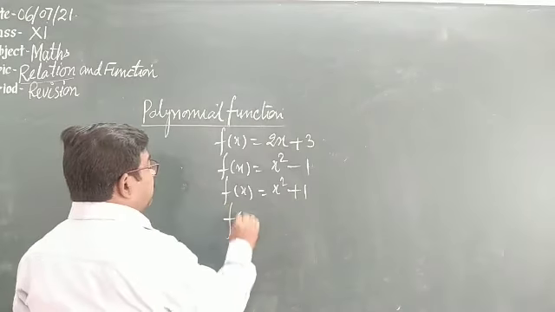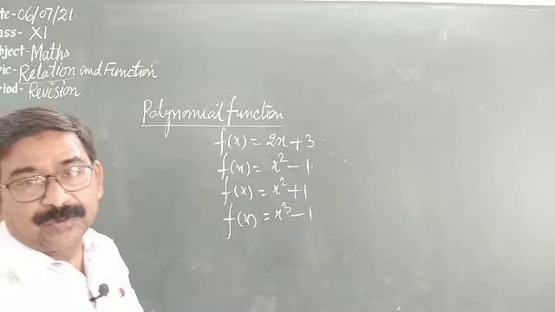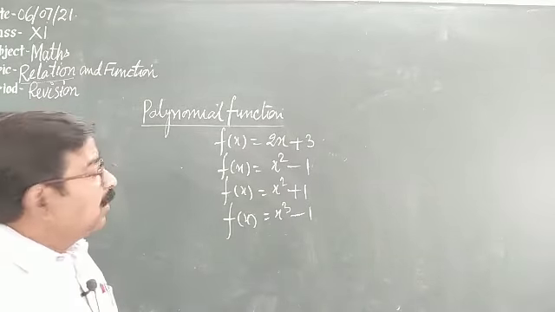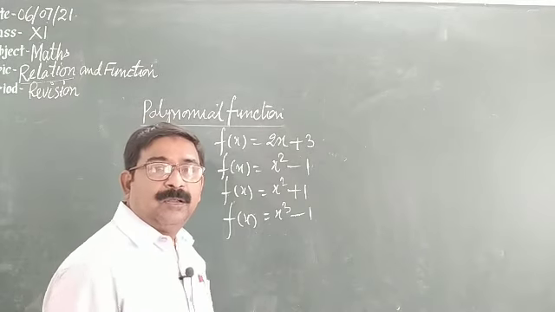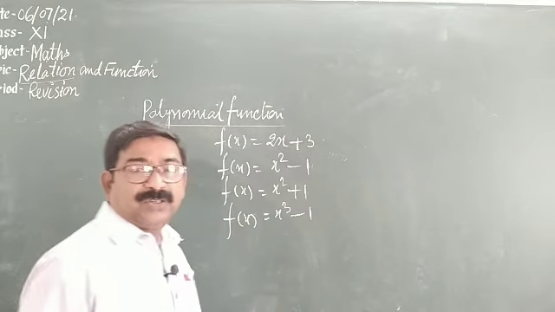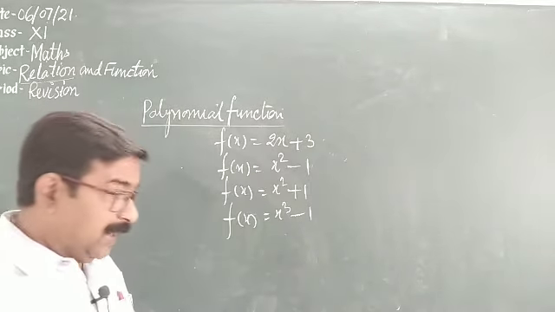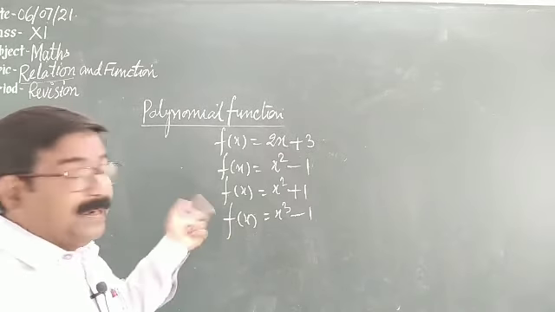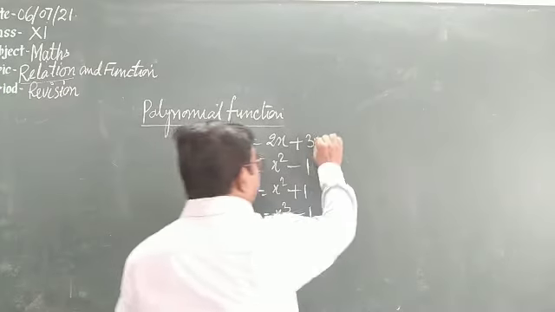We can write f(x) = x³ − 1. It is a cubic function. So all these are polynomial functions. In all polynomial functions, the domain is always real, but the range changes according to the function. For example, this first function is a linear function, and I just told you that in the case of the identity function the domain and range were all real. So in the case of a linear function,